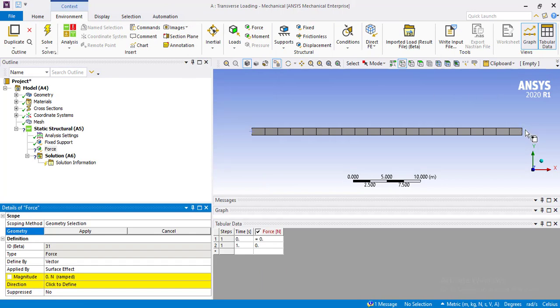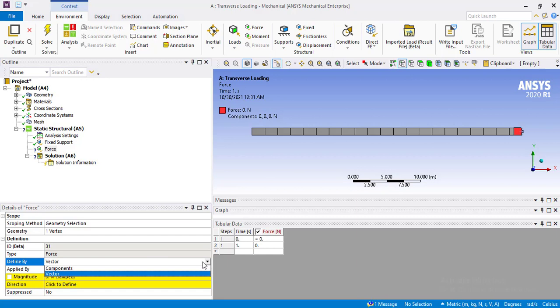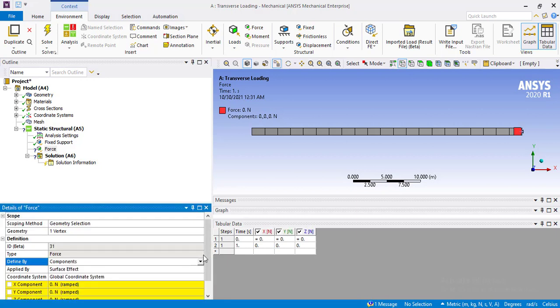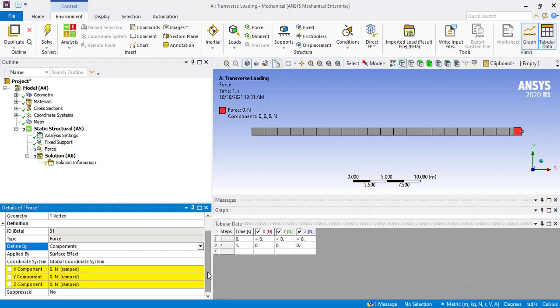Apply the force on a vertex which is at the right hand side and click apply. Change the method by which we are defining the force from vector to components. It will allow us to select the component against which we want to apply the force. For example, this is a transverse loading case, so we will apply a vertical force which is acting in the negative y direction. So we will enter minus 10,000